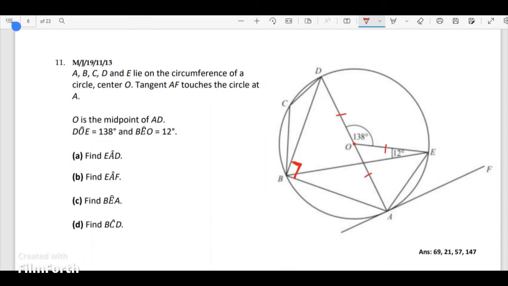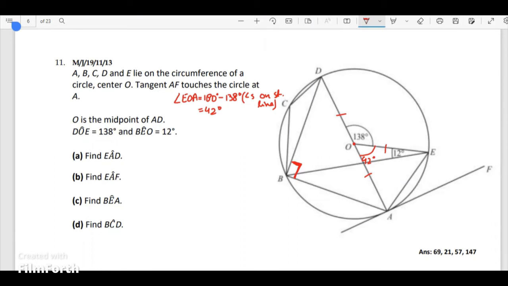Furthermore, if this angle is 138 degrees, we can work out this angle. So I'm first just trying to work out angle EOA, which equals 180 degrees minus 138 degrees. The reason being they are angles on a straight line. So this tells me that 180 minus 138 is 42 degrees. So I also know this angle. Okay, so